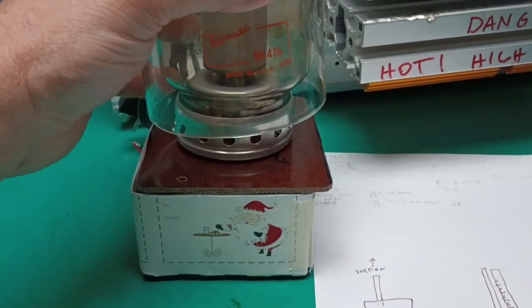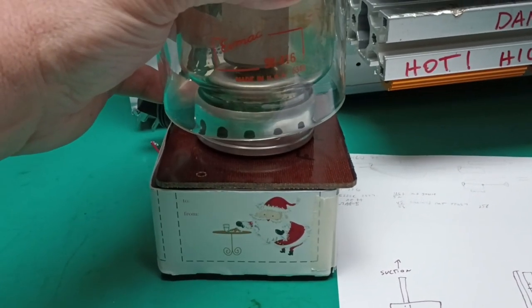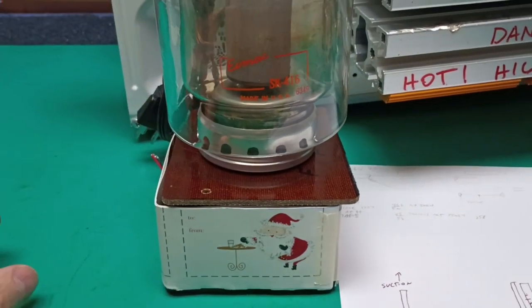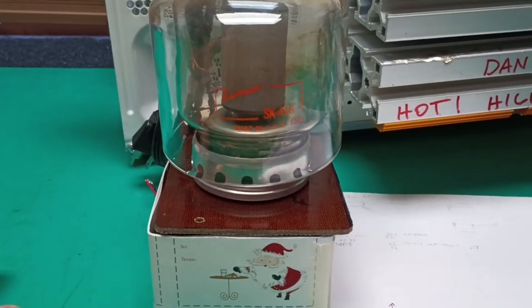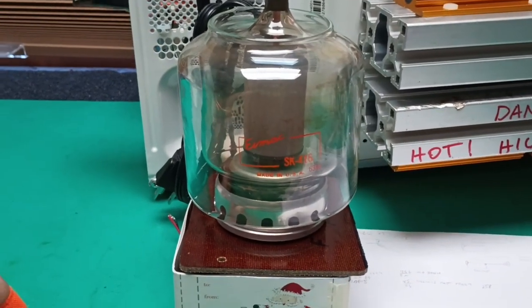Not safe for work. But that flow needs to be somewhat turbulent. If it isn't, in theory, only the air that contacts the surfaces will transfer heat. Turbulence is kind of like putting